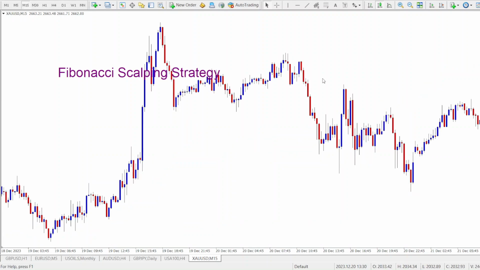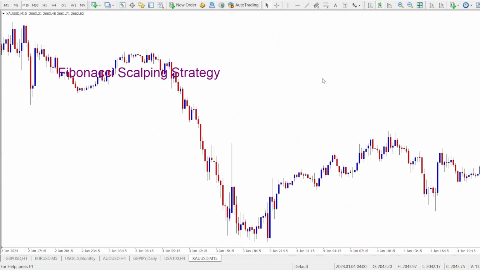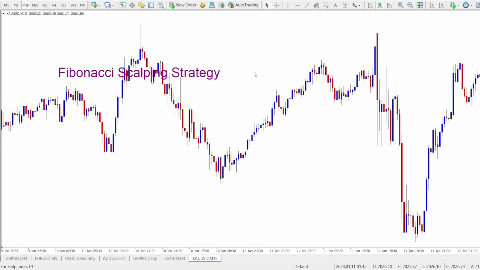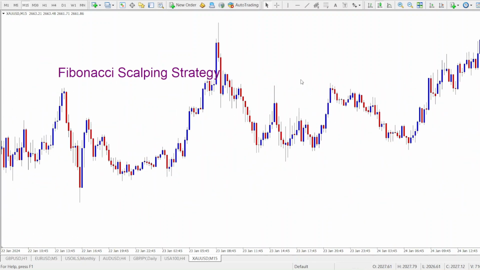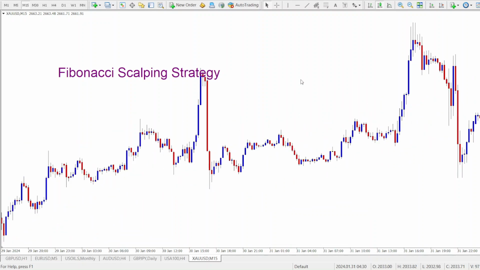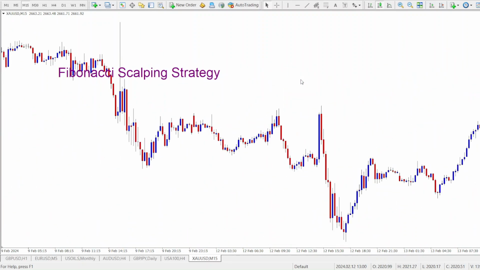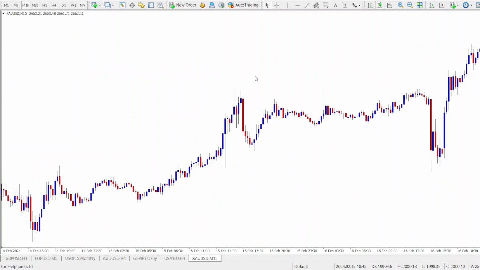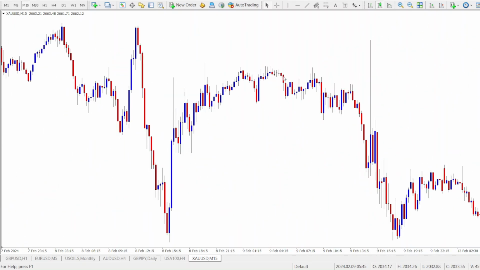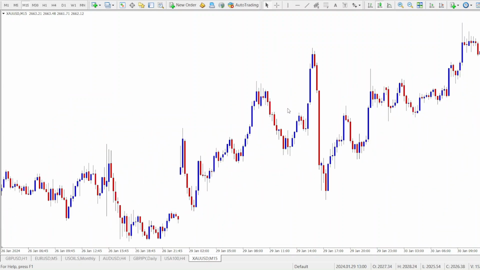Now, because we are talking about scalping, let us go to a smaller time frame. I just went to the 15 minutes time frame, and we are going to plot the Fibonacci retracement tool on the chart again in this time frame. Remember, you should identify a trend. It should be a trending market. It could be a bearish trend or a bullish trend. So after a strong move in one direction,